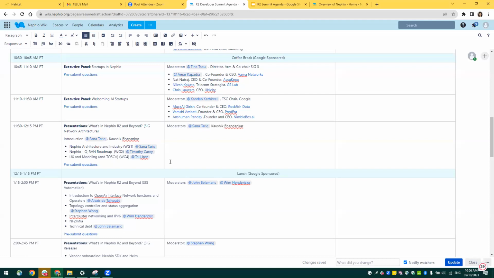You know what happens when we are switching between presenters? A couple of minutes are lost between one person going and the next taking the mic. So roughly, it's a 45-minute session. The working group slide might take 5-6 minutes, and then the architecture and industry view would require some explanation, so it might take 7-8 minutes as well. I think the ORAN roadmap can take 10-12 minutes, and then around 10 minutes for you all. I think we can all switch 10 minutes.